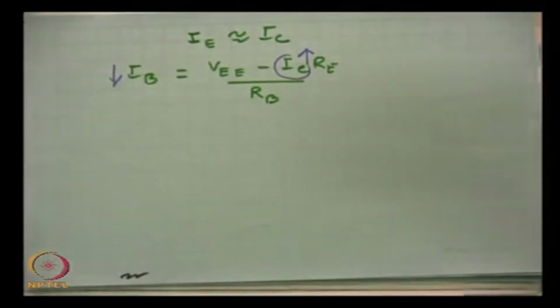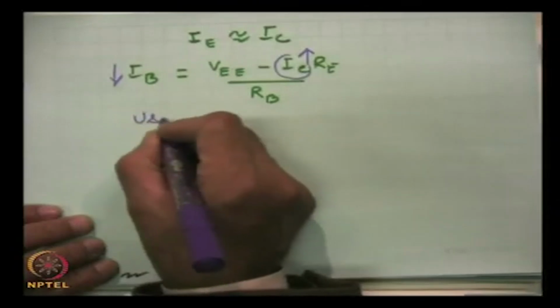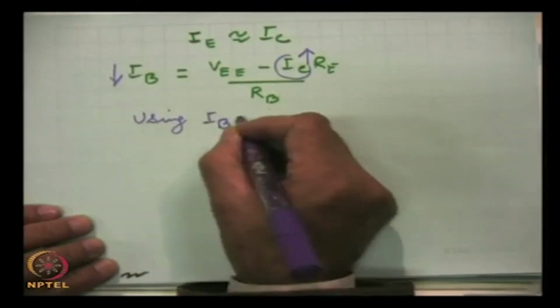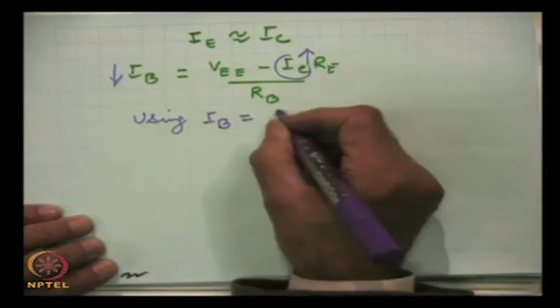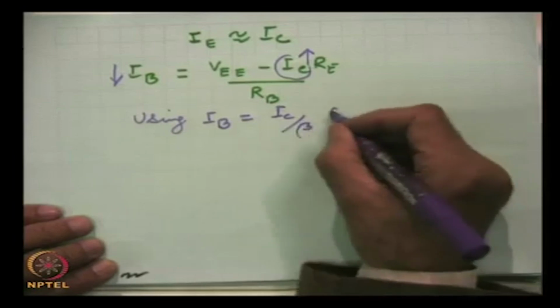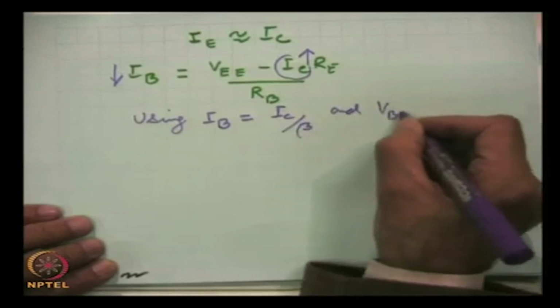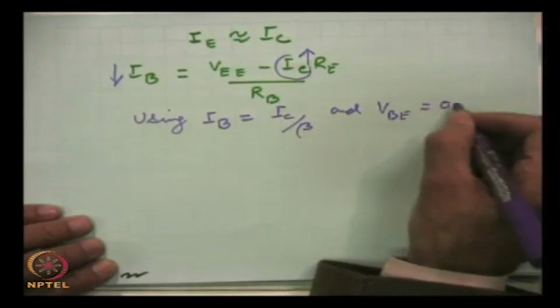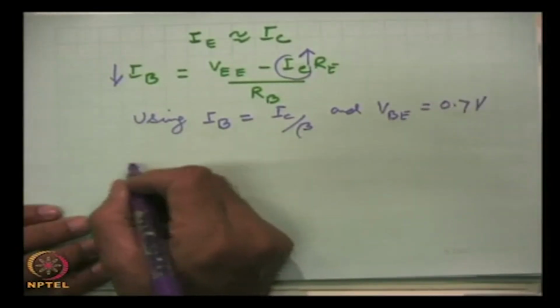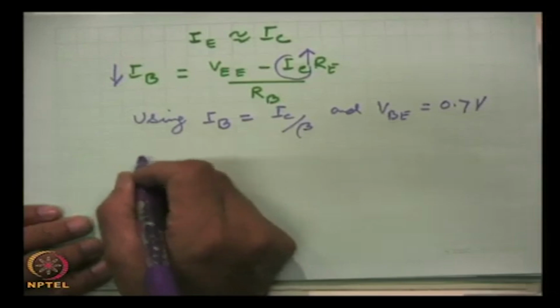So, this is that stability, and using IB equal to IC by beta and VBE equal to 0.7 volts, this IC can be written as